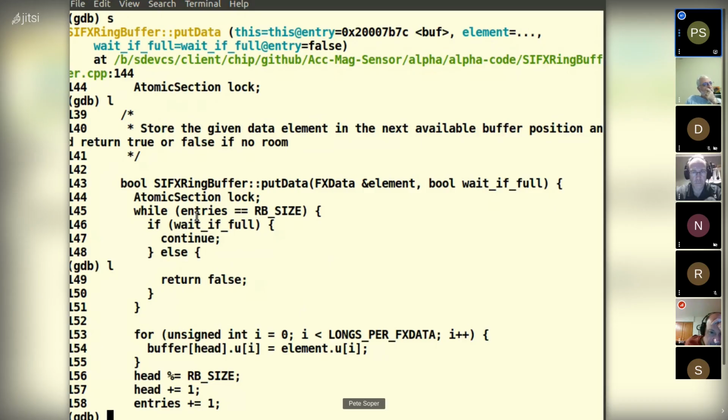Entries is a word-sized volatile that doesn't have any lack of atomicity, if that's a word. So it's probably safe. But down here,